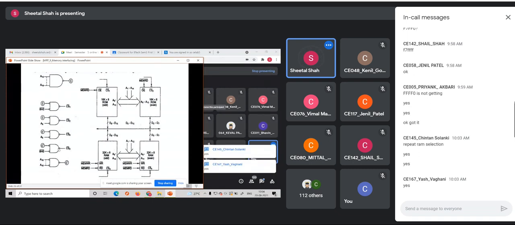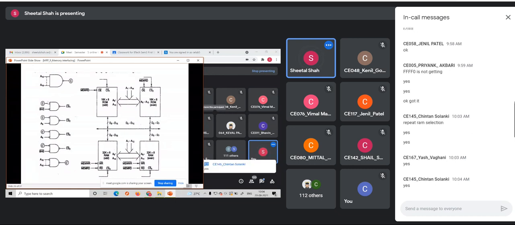Okay. This output C dash would be 0. Now you can see that this is C dash. So if this is 0, again here we are having this inverted input, so this would become 1. And here if A0 is 0, that means you are selecting an even address. So since it is connected through this bubble, this would also be 1. Is this clear, all of you?